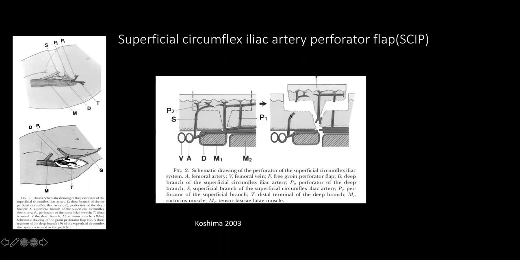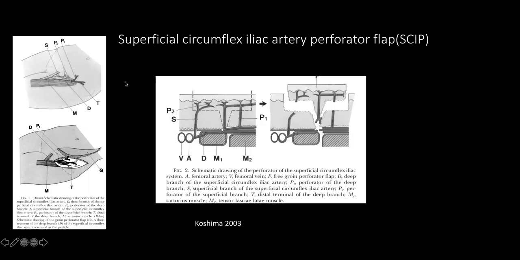If you use a superficial set of perforators, you might have a longer pedicle length, but whatever said and done, the caliber of the vessel again is quite small, and there could be issues with microvascular anastomosis. So for the SCIP flap, maybe 2 or 3 articles have been published for head and neck. The advantage, like I mentioned, is that you can close the donor site. It's relatively hairless, and